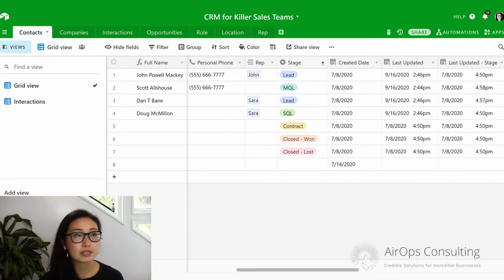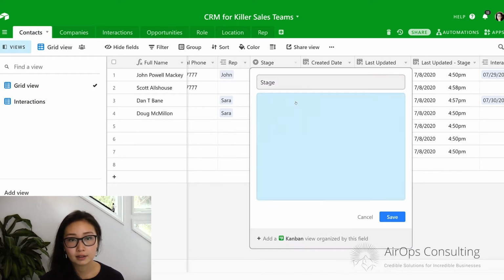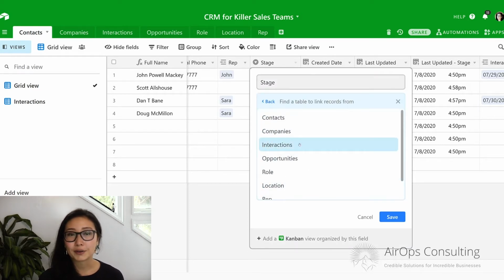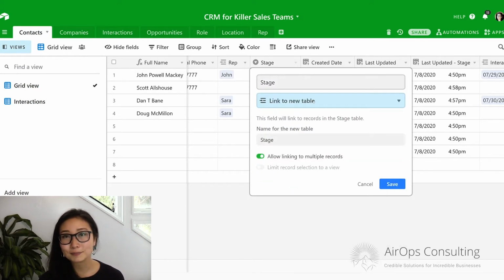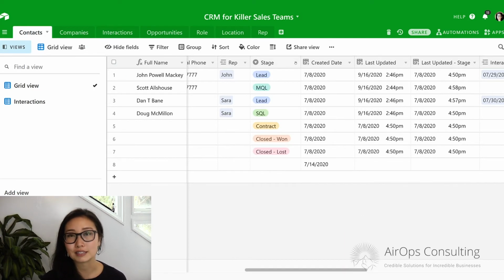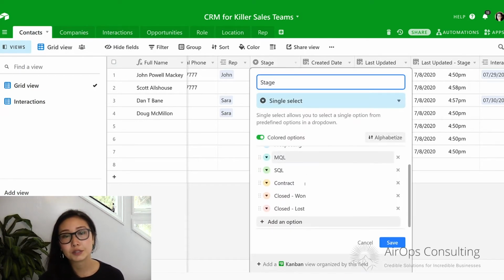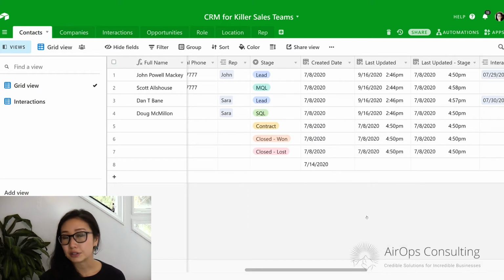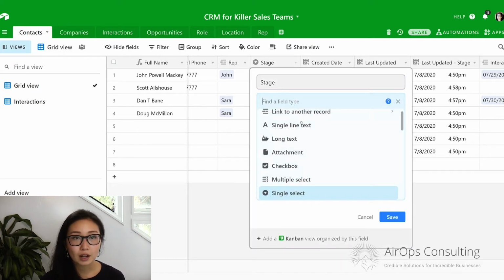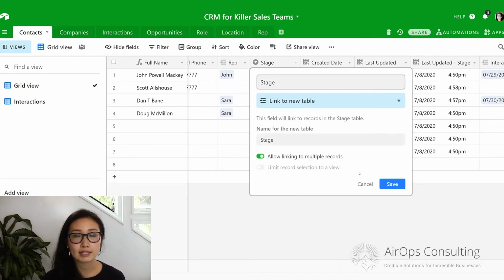So this is also the contact stage right now is also a drop-down field, and we're also going to convert this into its own table. So the stage, you're going to convert it the exact same way. One of the things I realized after creating this is that I should